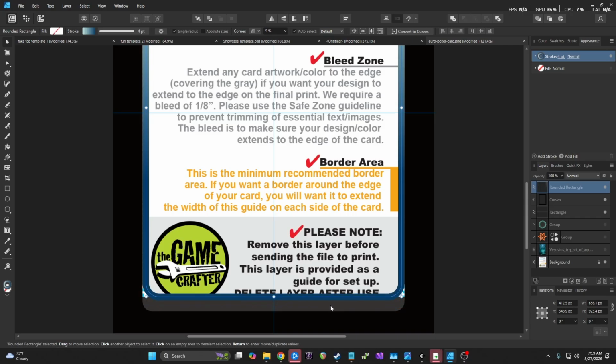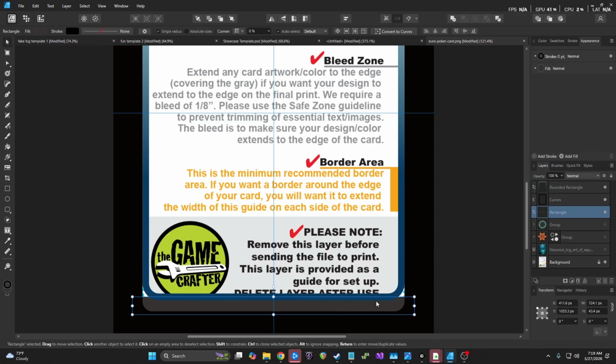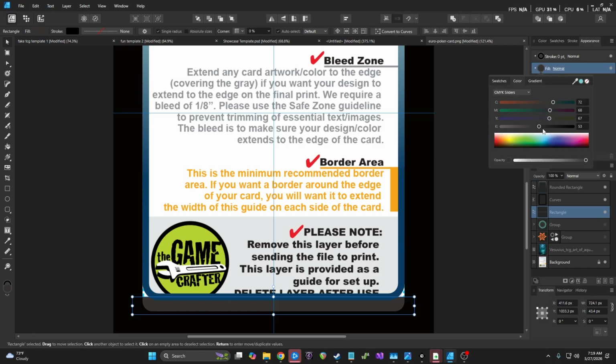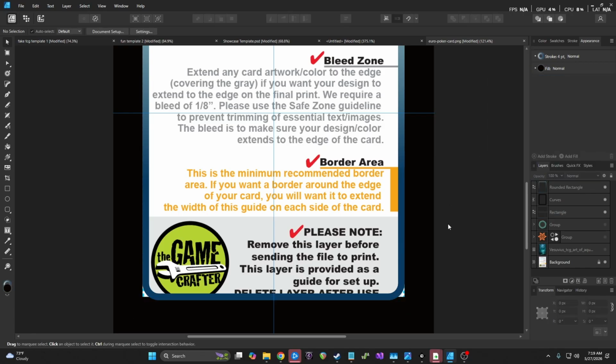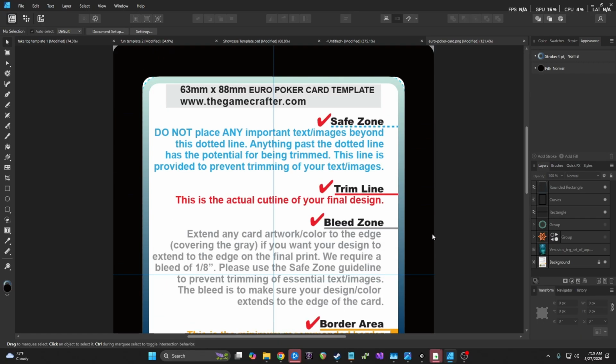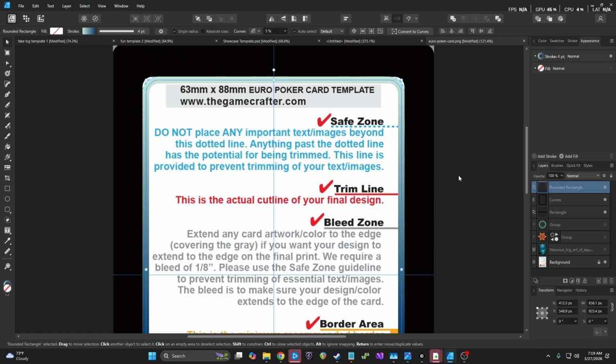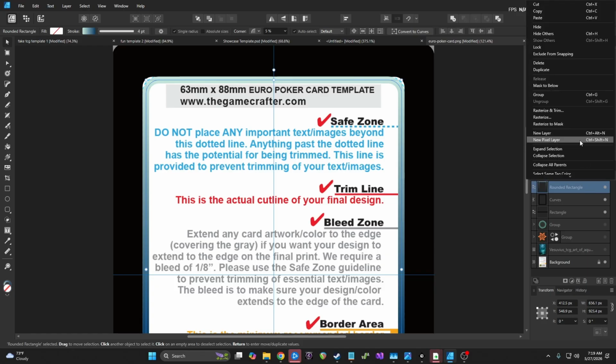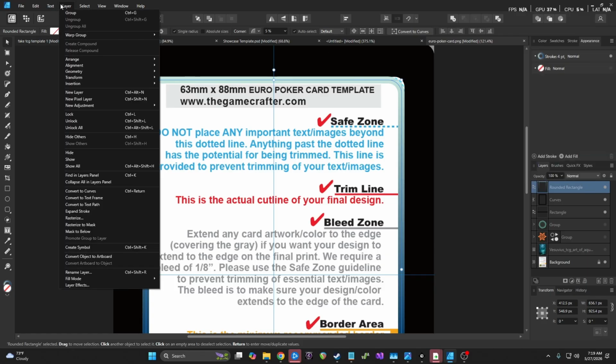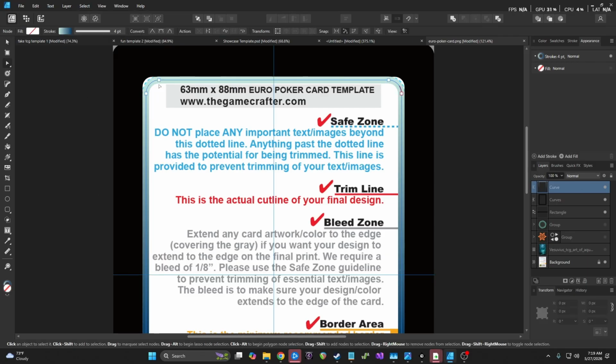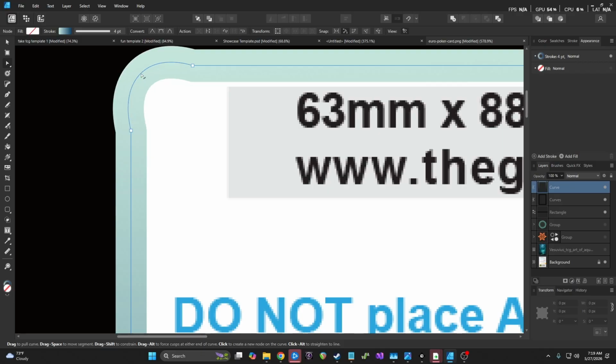I think I want this to be an extension of this black. I think I am gonna want this to be pure black here, and be an extension of that. Now, here, okay, so I'm gonna go to layer, and convert to curves. The reason I'm going to do this is because I want to use this node tool to edit these corners, or actually, better yet,